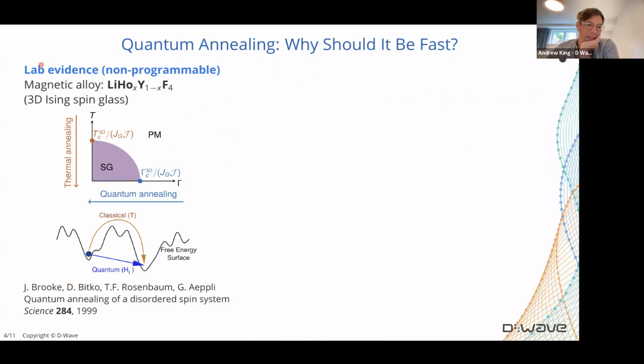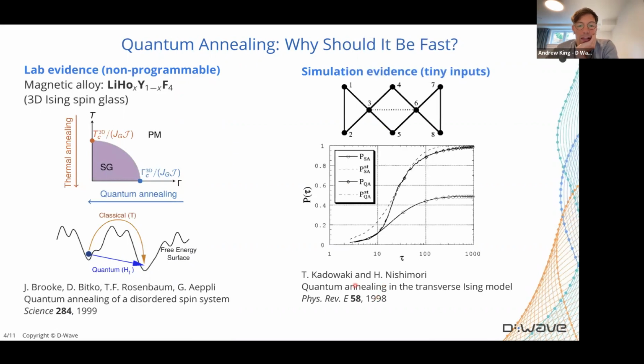The big result that we published this year is that we can reproduce this quantum experiment in a programmable system and show direct evidence of a quantum speedup. The other reason that we think that quantum annealing should be fast came out around the same time, so 98